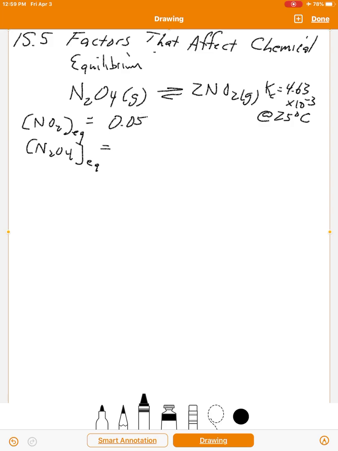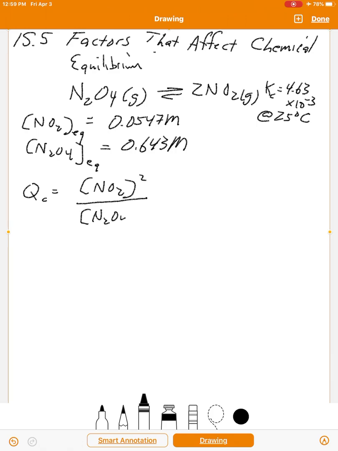0.0547 for the NO2 and 0.643 for the N2O4. Now you can check. Let's see if that's at equilibrium. If we don't know whether it's at equilibrium, we check it. Concentration of the product, NO2 squared, divided by concentration of the reactant. So that would be 0.0547 squared